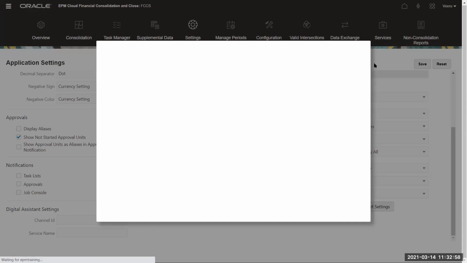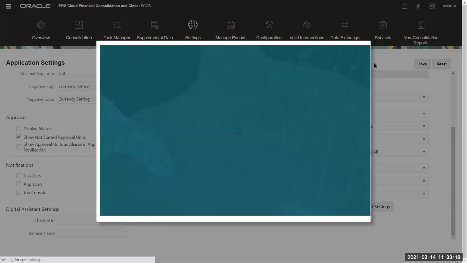We don't use this setting much, but these settings are at an application level. They will help you fine tune your user experience. So just be careful about what you do here, and do the settings based on how your users want the application to be.